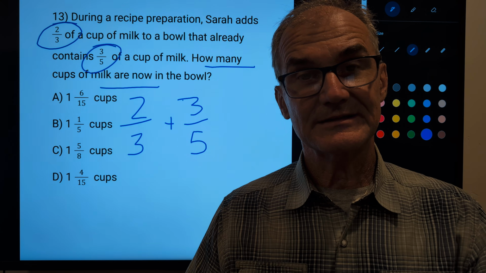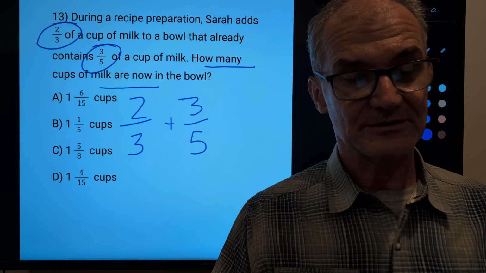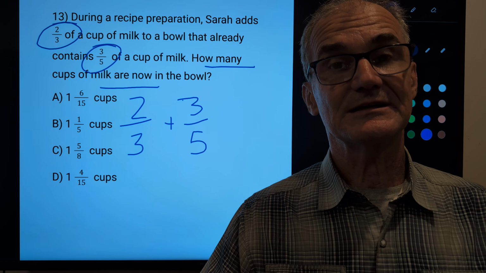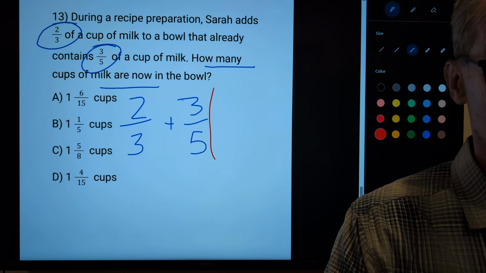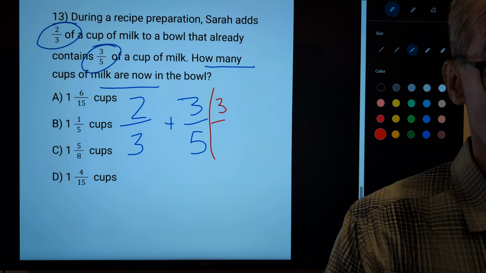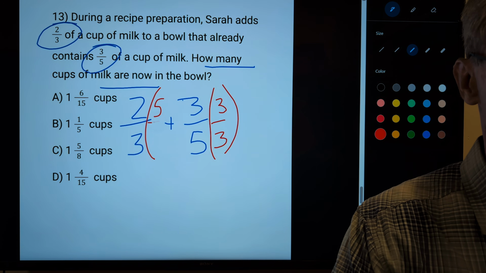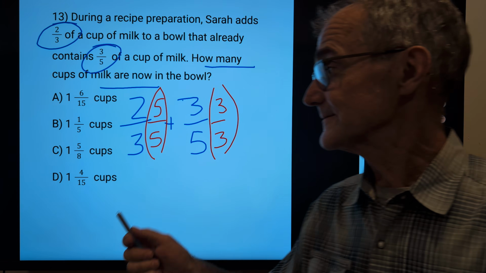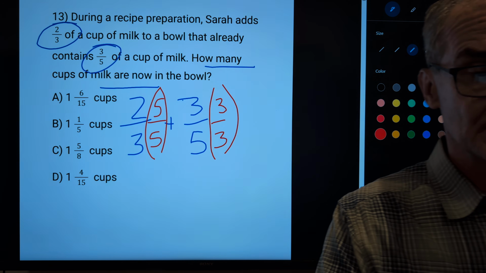So I never add the denominators. They're different, so I have to find a common denominator. I'm going to try that 5. 5, 10, 15. Both numbers will go in a 15. I'm going to multiply this one by 3 over 3 to make it a 15. This one by 5 over 5 to make it a 15. Again, in red there, these are the equivalents of 1, so they're not affecting the value. That's going to give me